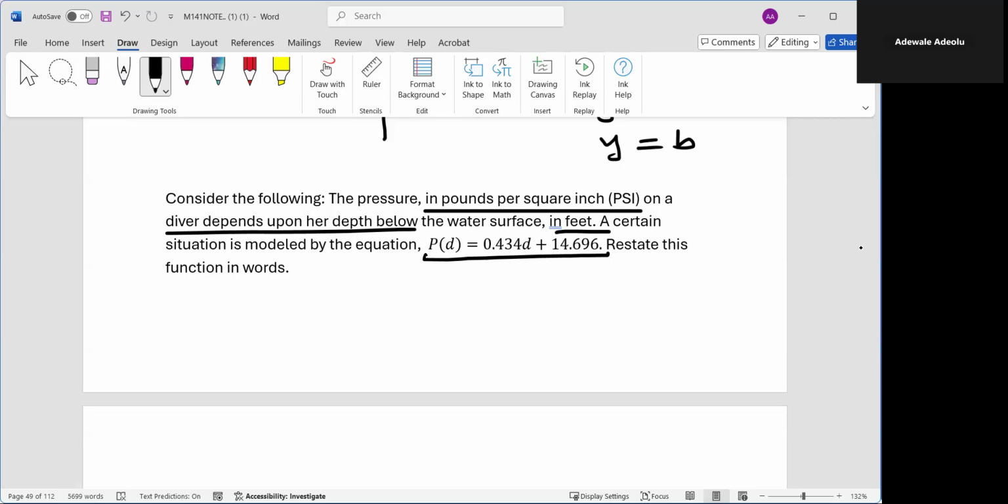Restate this function in words. Well, from what I've explained earlier on, you will see that P of D is the pressure on the diver,